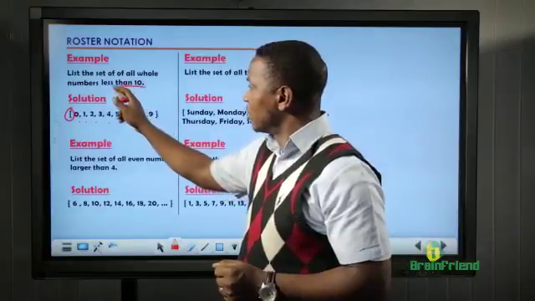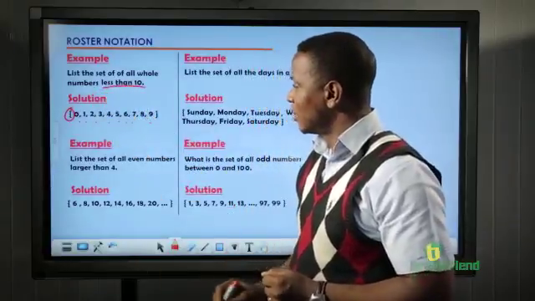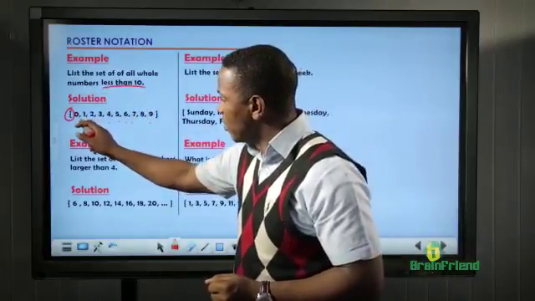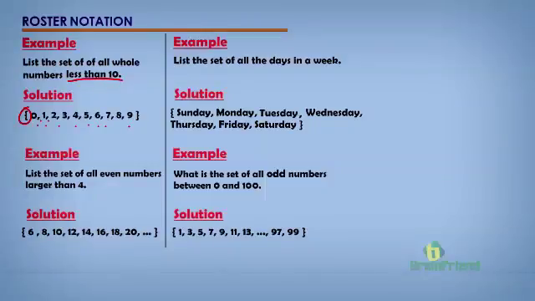Remember, we're listing numbers less than 10. Between each number, remember, we have our commas to separate and to distinguish each individual element of our set. At the end of the numbers we've listed, we also close our curly brackets to indicate our roster notation of